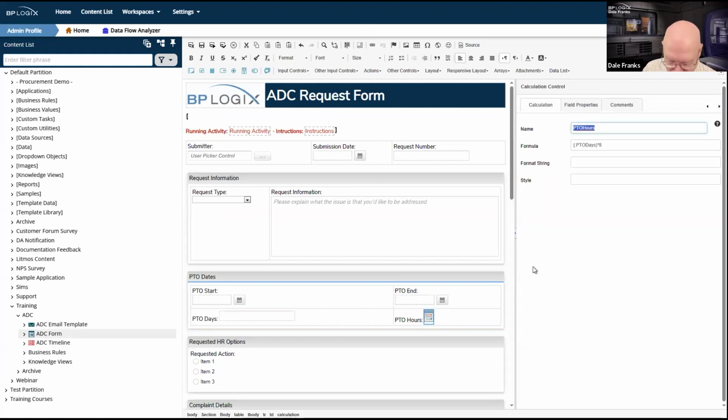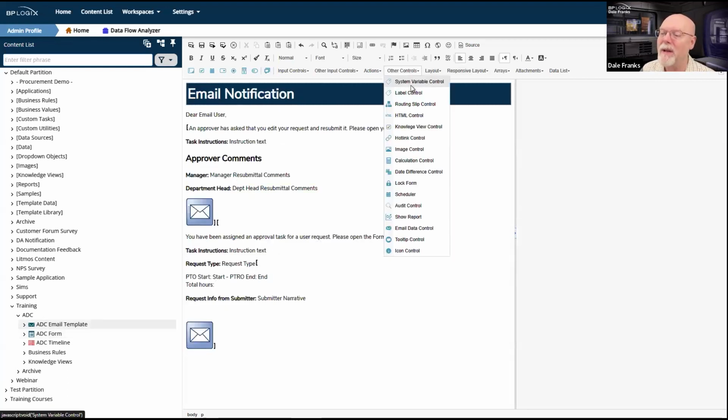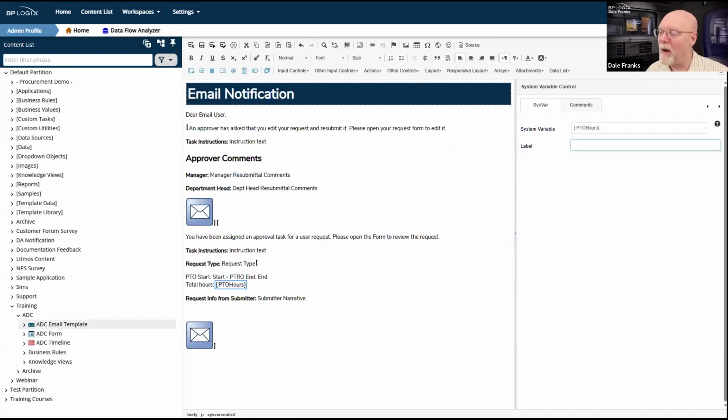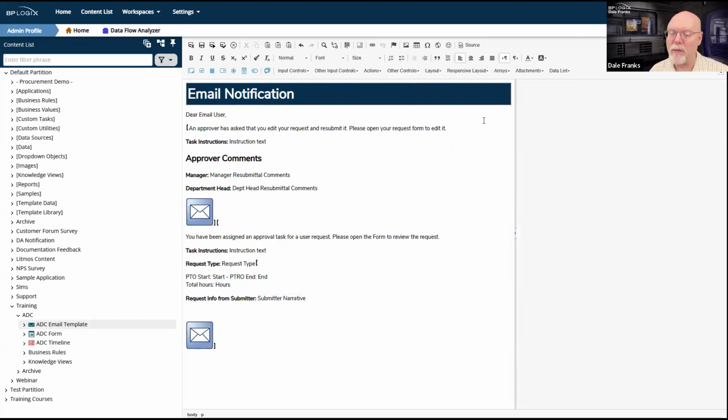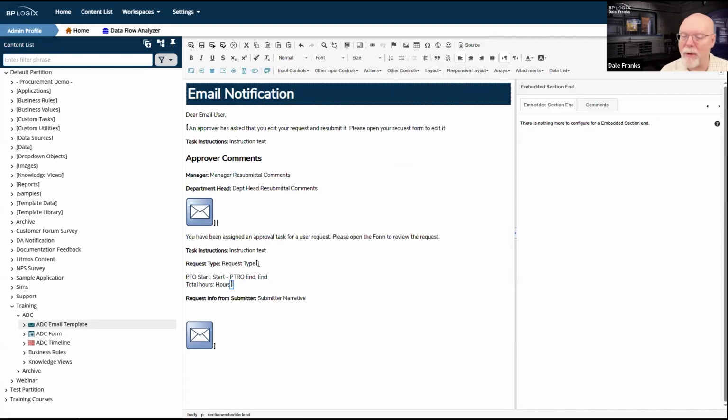So PTO hours is my field. So we'll drop another one in here. One last one, system variable control. PTO hours, and we'll just label it hours. And with that done, we will go ahead and drop in our embedded section end. So now we have an embedded section called section PTO.